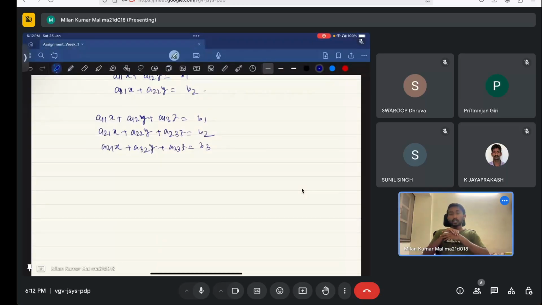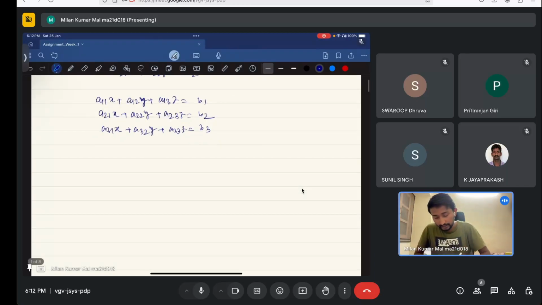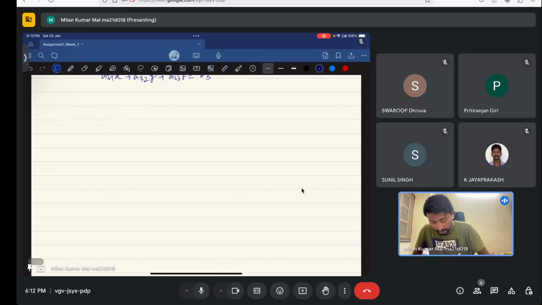So from there we came to the system of linear equations, and that system of linear equations will be given by a matrix, that I will discuss. So let's take a system of equations. Let a system of linear equations be given by